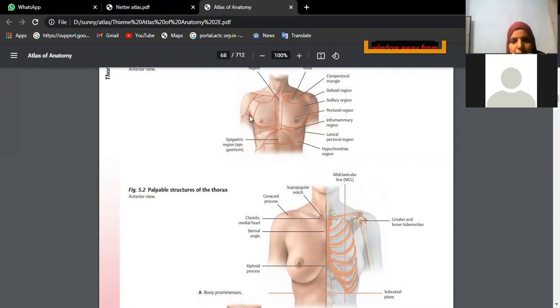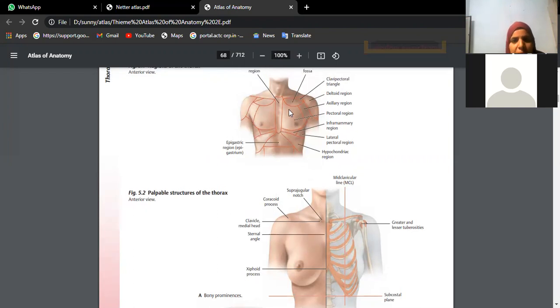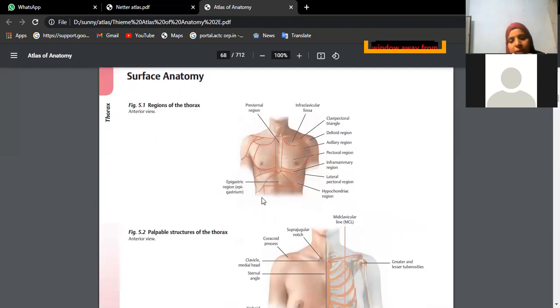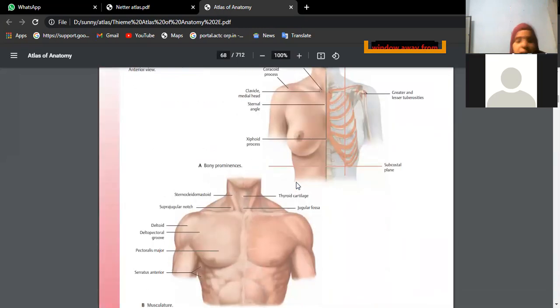This area, what he has shown us, is the axilla region, right? And this is below the clavicle, you call it the infraclavicular fossa, this region. And this round contour of the shoulder is produced by the deltoid. So this all comes under surface anatomy. Yesterday, 9 regions we have seen, and above the umbilicus, we have used the word epigastric region. This was the left hypochondriac and this is the right hypochondriac region. Okay, that is the surface anatomy.